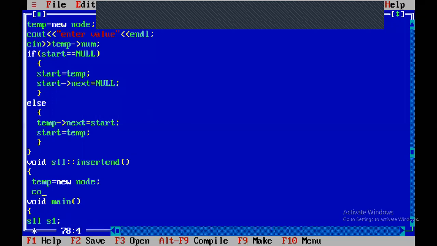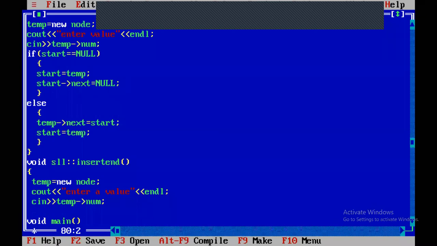Then you have to enter a value, cout. There are 2 fields in a node, number field and next field. So you have to enter a value in the number field. That's why see in temp arrow number.